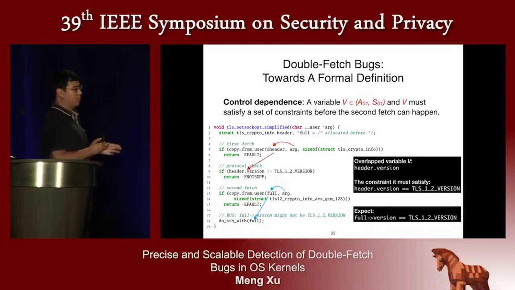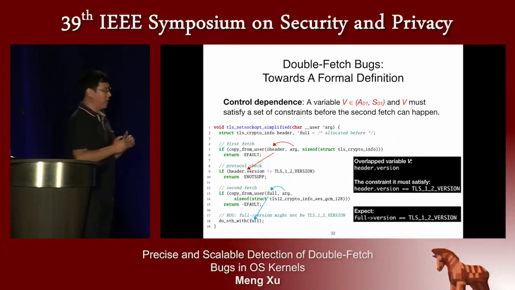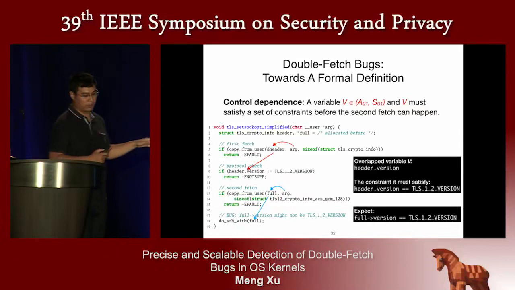Therefore, we expect that after you do the second fetch, this property should still hold. Unfortunately, after you do the second fetch and until the end of this function, there's no way to ensure that this header.version, or in this case it's full.version, is still TLS 1.2. Therefore, it's a violation of this control dependence, and that makes it a double fetch bug instead of